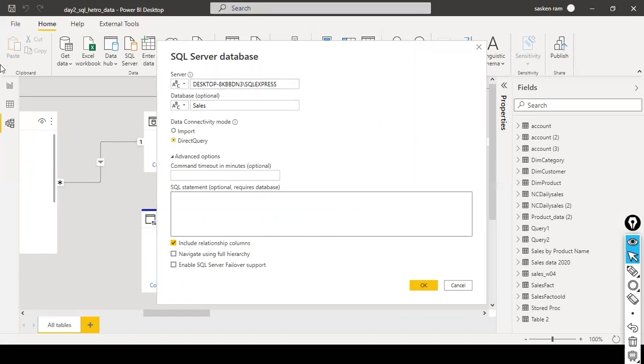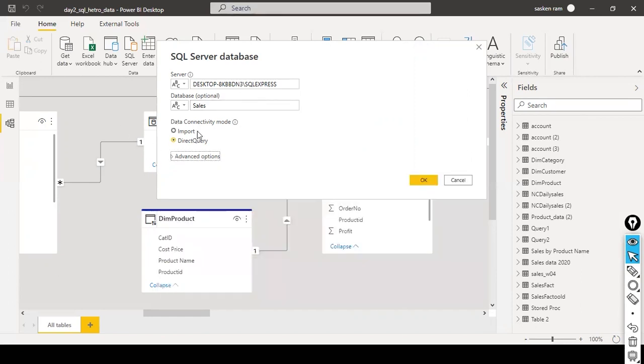Okay, query the data from the source itself. And what happens is that only the output of the query will get loaded here. But instead of using this advanced option, if you use the import connectivity mode, what will happen is, for example, if I click on OK here,